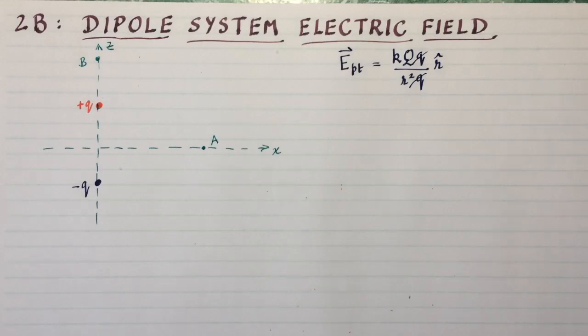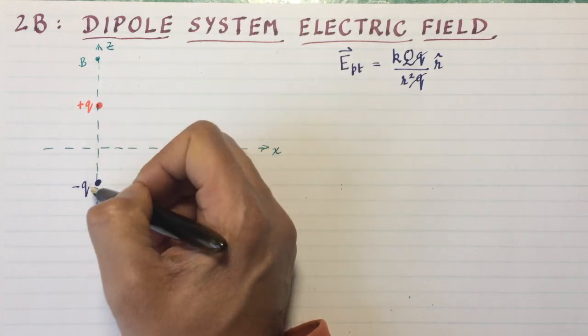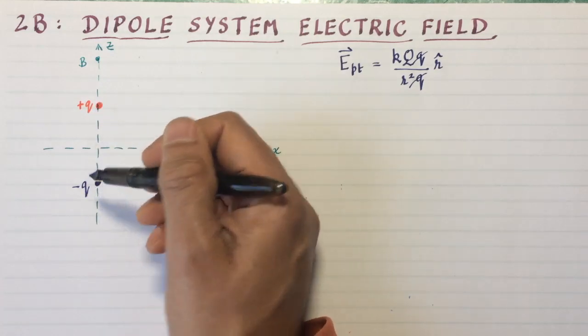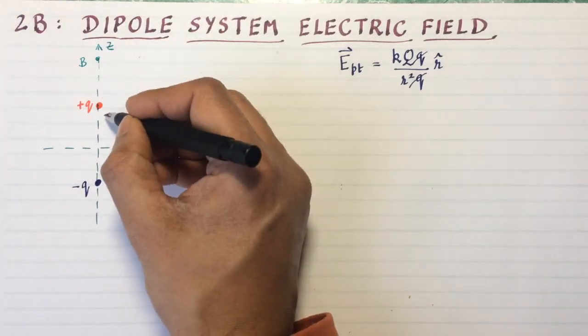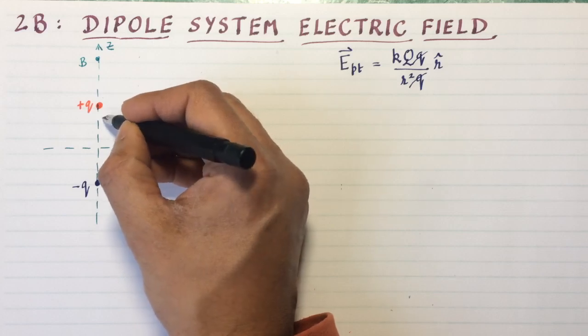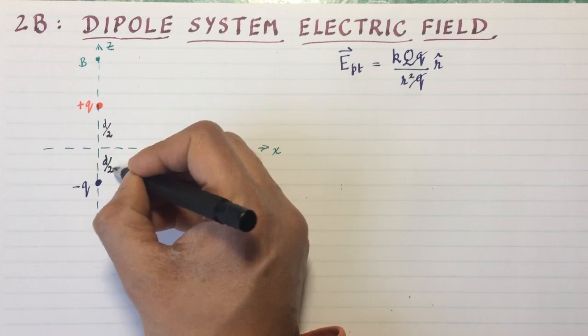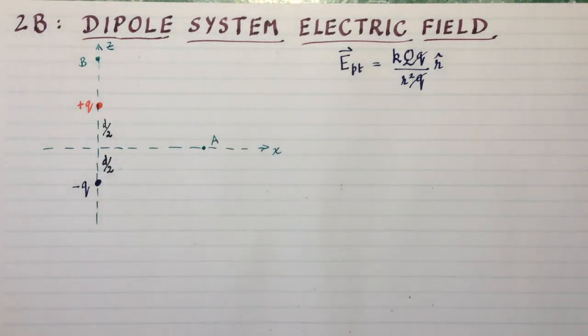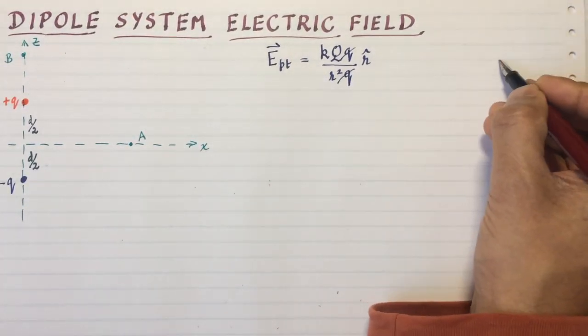Now if you have 2-point charges, a plus and a minus of equal magnitude separated by a fixed distance, this is called a dipole. And that's the electric system we're going to study. The fixed distance is usually indicated by the letter little d, so that's going to be d over 2, and that's going to be d over 2. Now let's focus on this dipole for a second, because there are a couple of things I need to tell you about it. So the positive charge